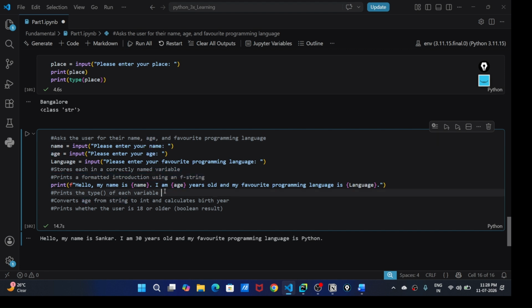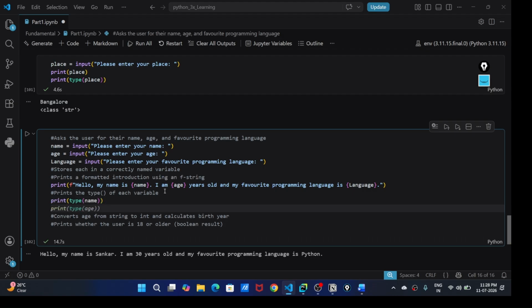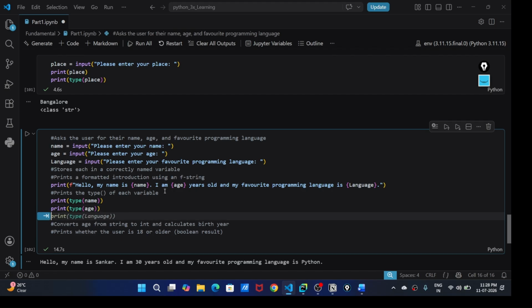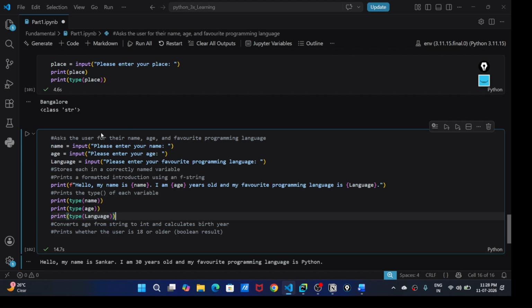Now next, print the type of each variable. Let's print the type of each variable. Print type of name, print type of age, print type of language. What is the type of these three variables?